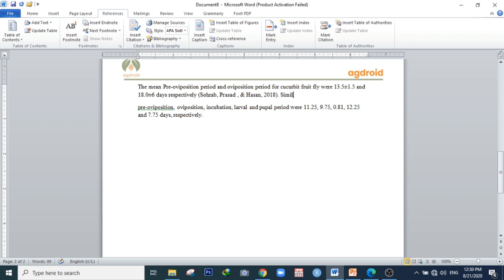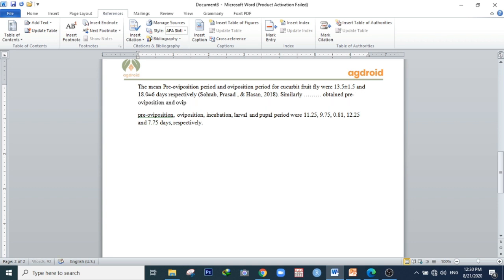Okay, let's continue from this part. Similarly, now I'm gonna insert the citation here. It is another method to write the citation. If you are writing the citation here, suppose, okay, let's write: obtained pre-oviposition and oviposition period of 11.25 and 9.75 days respectively